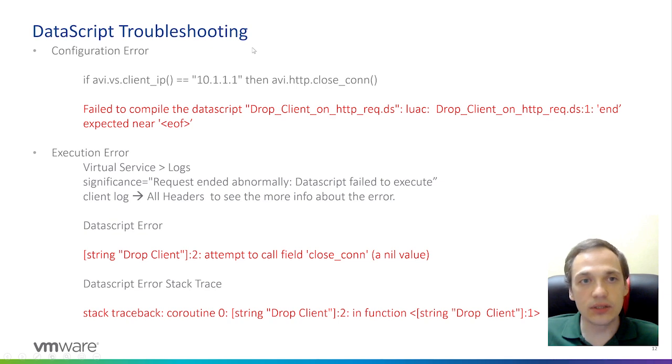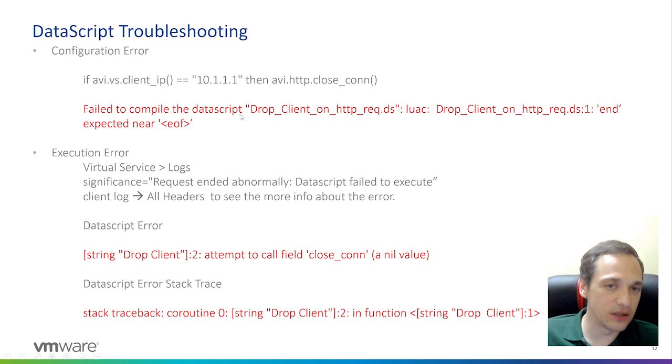We could take a look at DataScript troubleshooting. Basically, there are two types of error: configuration error and execution error. Configuration error means a syntax error. So when we are putting in the DataScript and there is an error in syntax, we'll try to save it, and the UI will give us the error that it failed to compile the DataScript. So if you see that kind of an error, you would know that there's probably a syntax error, some